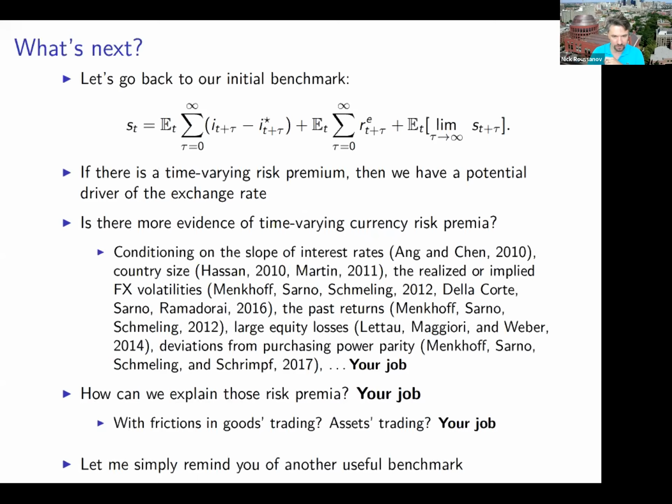So going back to one of your first slides, when you used the Fruit and Ramadari decomposition, there's a question from Sung Young Kim. That decomposition assumes that the real exchange rate is stationary, imposing a transversality condition on the long-run exchange rate. In other words, deviations from PPP eventually die out. Is this really a non-trivial assumption? At least for emerging market countries, the Balassa-Samuelson effect, for example, can lead to persistent deviations in PPP. And I know you've done work on that, of course, so you're probably going to want to talk about this a little bit.